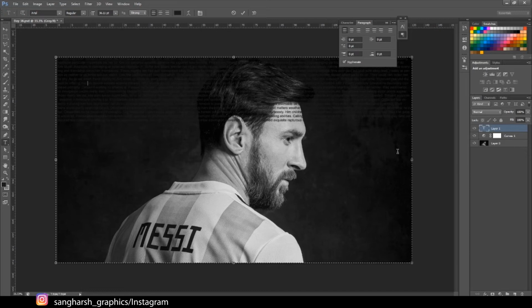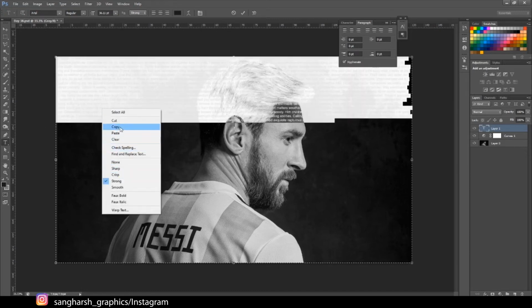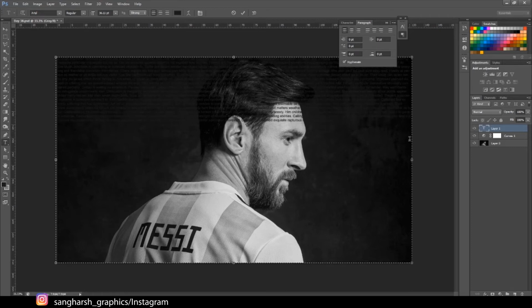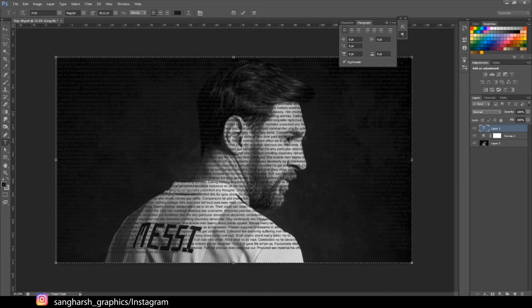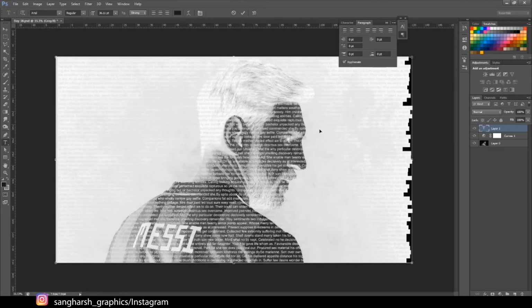Okay, now it's done. Now select all the text which you have copied here already. Then again copy it and paste it at the end. Do it again and again to fill the whole layer, to fill all the image. Something like this.